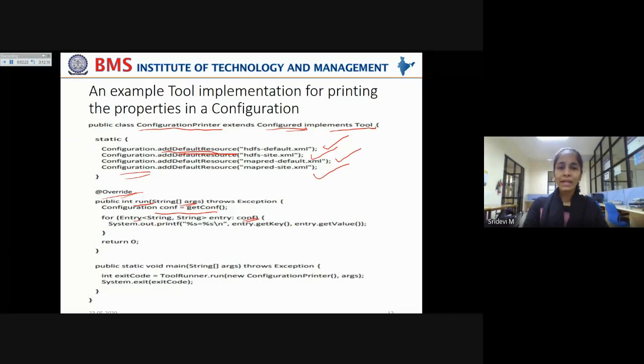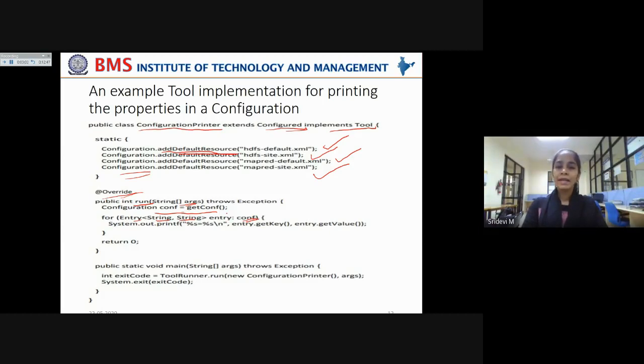Now we are taking it as a key value pair, that is, which is the property and what value the property is set to. That is mentioned in key and value. I am repeating once again. The for each loop is being used in order to refer to each property and the value it is set to. Here, say the property set is color and the value set is red. In that case, the first string will be color and the second string will be red. The first string will be the property and the second string will be the value to which it is set.